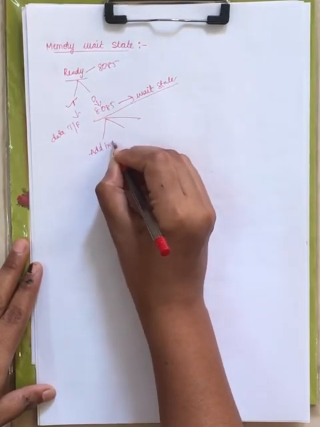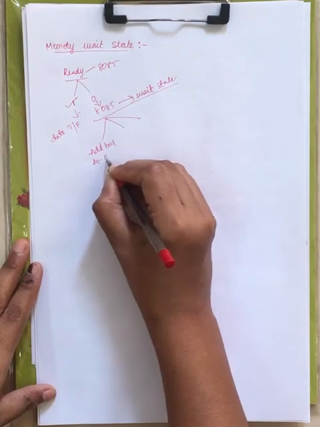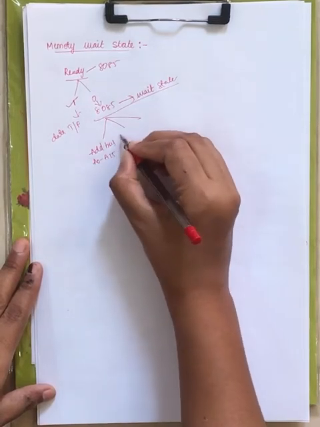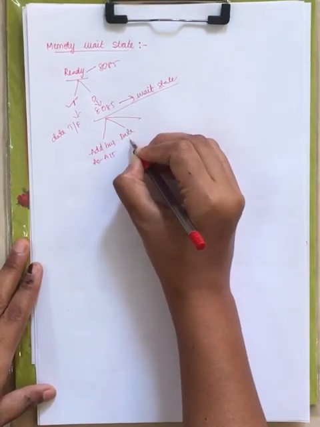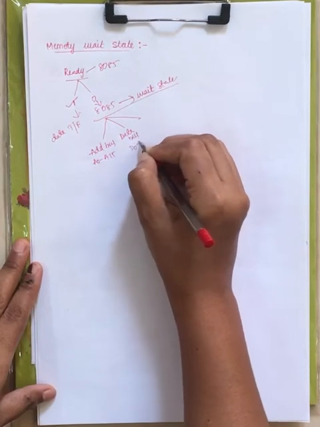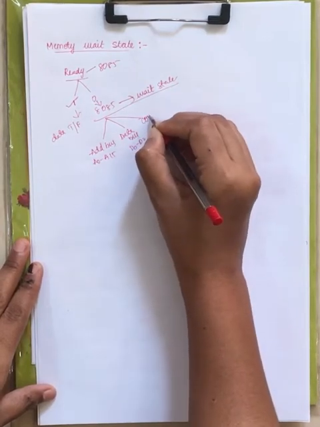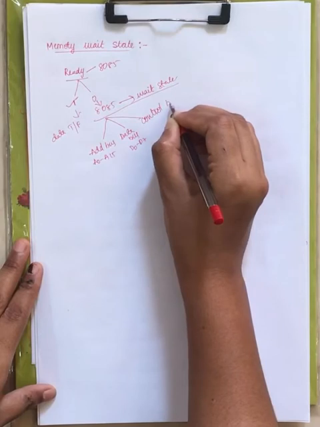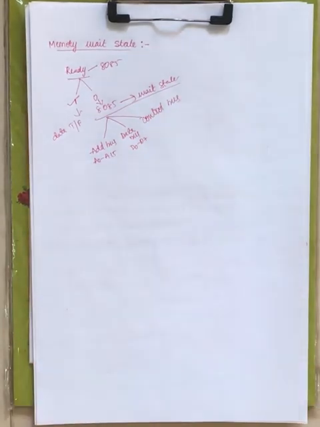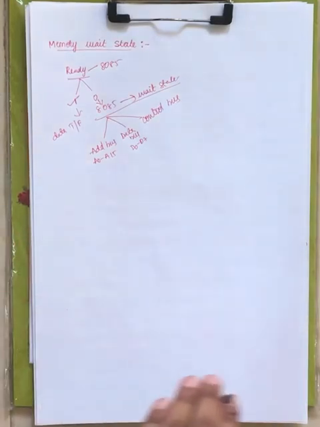One is the address bus, whose lines are A0 to A15, 16 address lines. The next one is the data bus, which carries 8-bit data, D0 to D7. And next you have the control bus, which is used to carry control signals like read, write, etc. Whether to transfer the address, or to read or write the data, the whole scenario is carried out by these 3 buses.